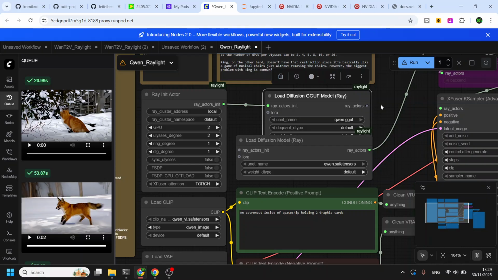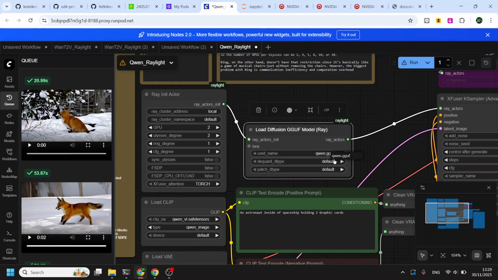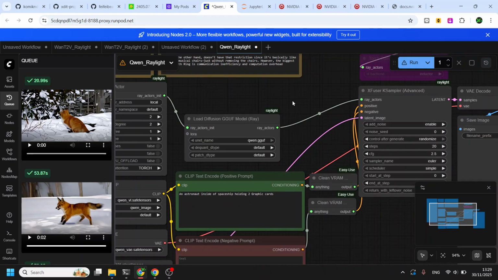So it is better to reduce the amount of parallelism if your GPU cannot handle the bandwidth, since this custom node is really fast and heavy on communication. So we use Google model.